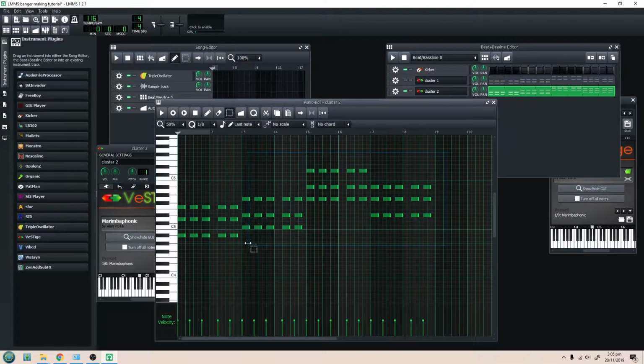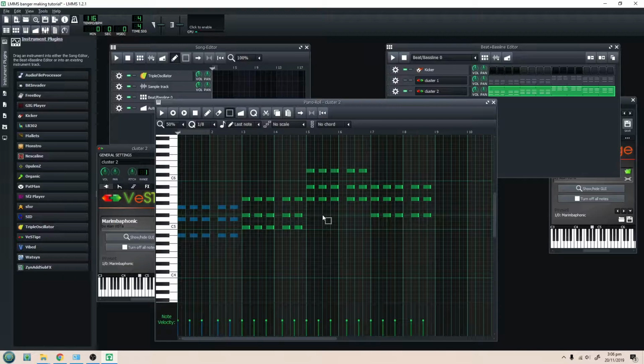Cluster 2 you also hear all the time, which is this one. For cluster 2, the first one's a 6. I'm going to keep the same whatever note that is for all of these clusters that we're doing, just so it's easier to compare them when you listen to them afterwards. Cluster 2, this is going to be a